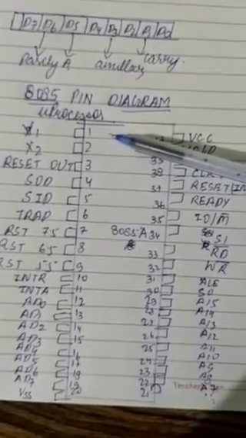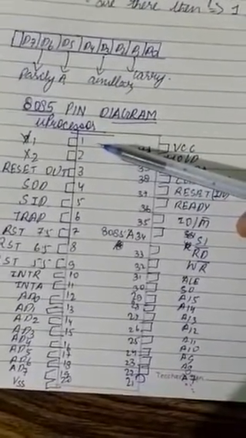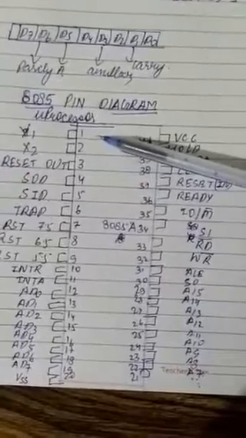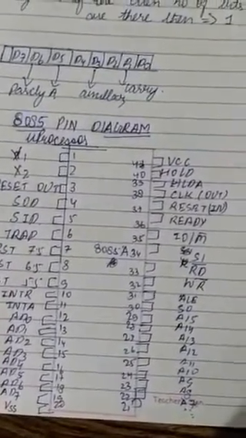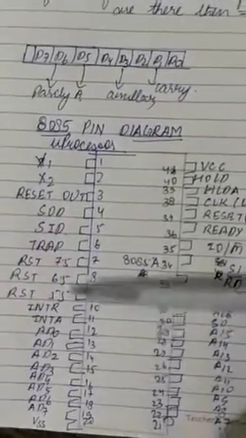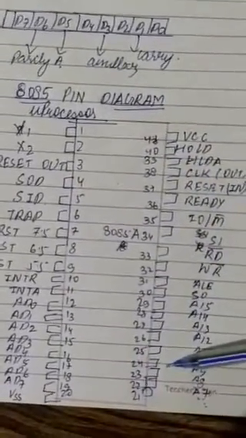So today we are going to talk about the 8085 microprocessor pin diagram. As you already know what an 8085 microprocessor is, and I have also explained the main features of the 8085 microprocessor. Today we are going to see its pin diagram. It's basically a form of IC, that is, an integrated circuit, which is used to perform several functions. These are various inputs that I'll be talking about later in this video.